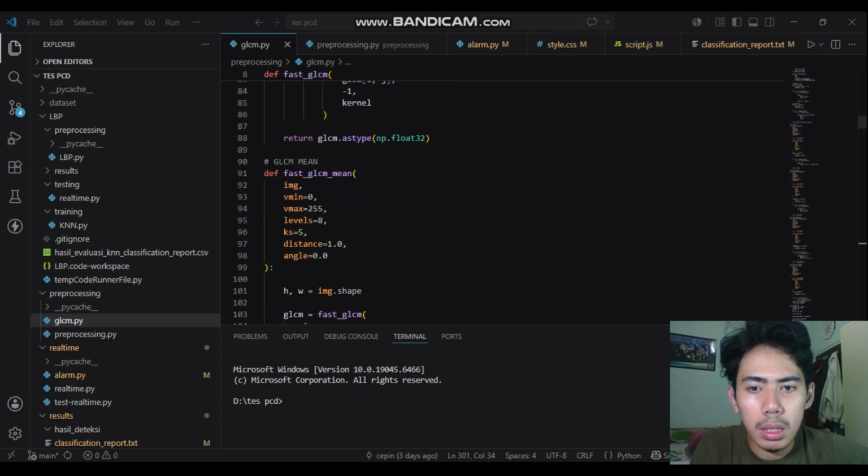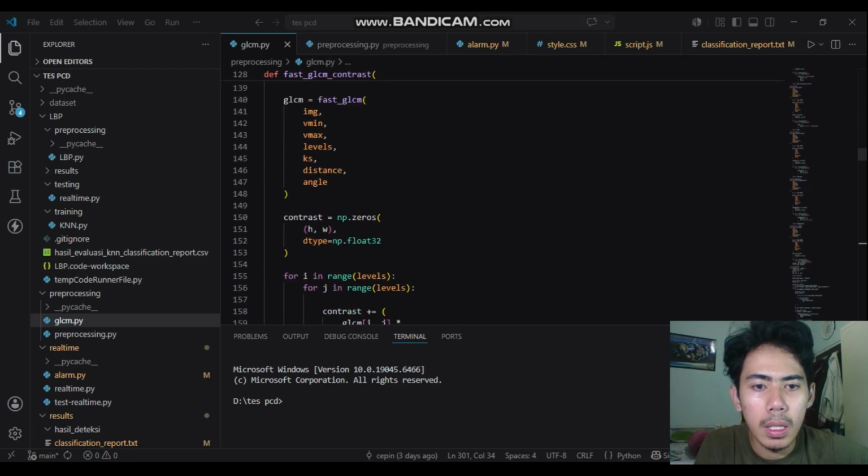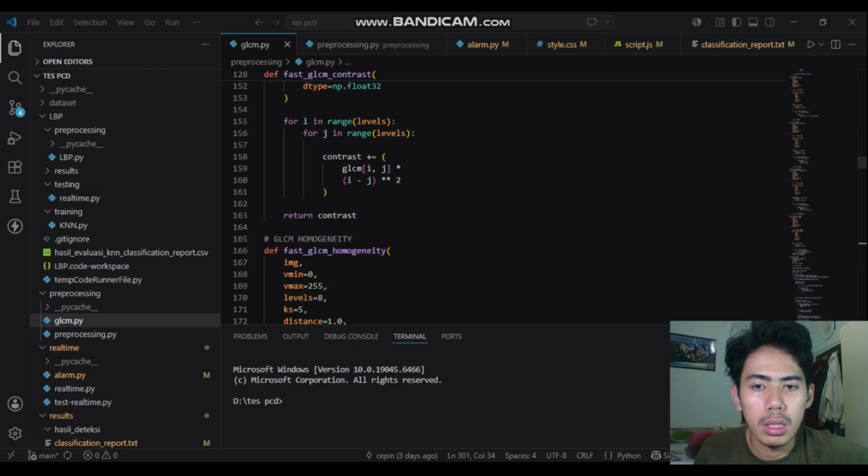After the GLCM matrix is generated, the program calculates several texture features, namely mean, contrast, homogeneity, ASM, and energy. These features are used to represent the texture characteristics of the fabric image.